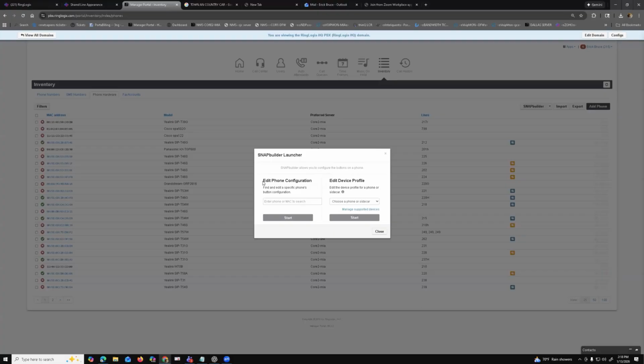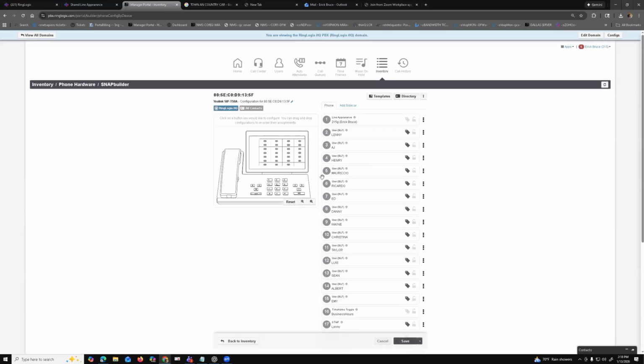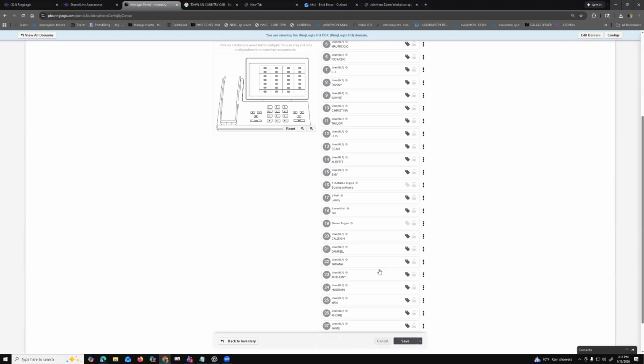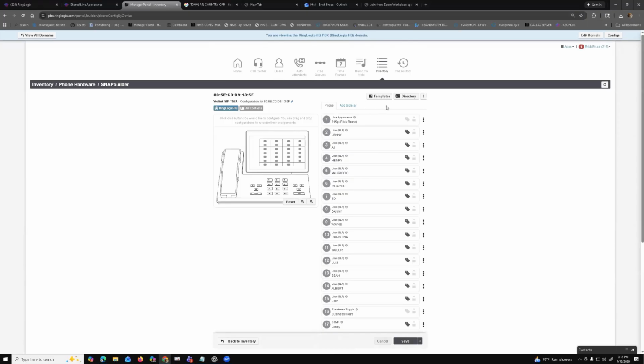You can also edit SNAPbuilder for a specific device or extension. For example, 215 is mine. And I'm at home, so I'm on the T58A. So if I chose that and click Start, it'll show you what I specifically have on my phone. And you can modify it however you see fit. If we go back,